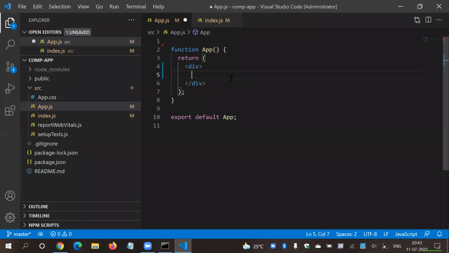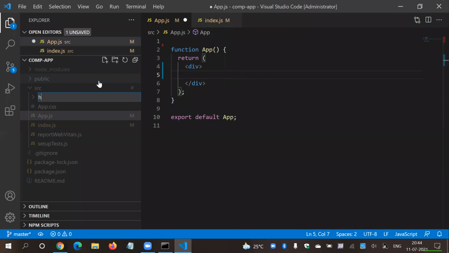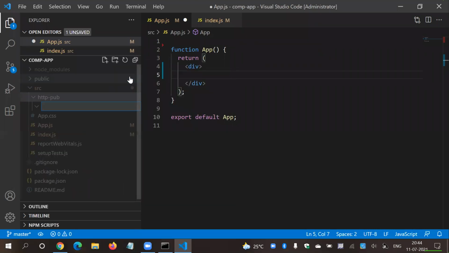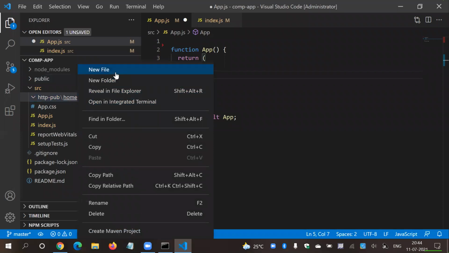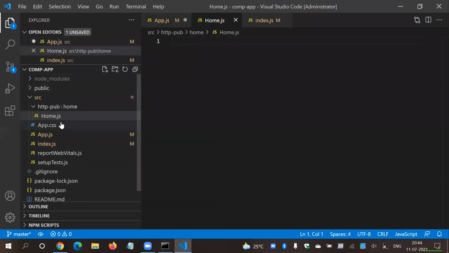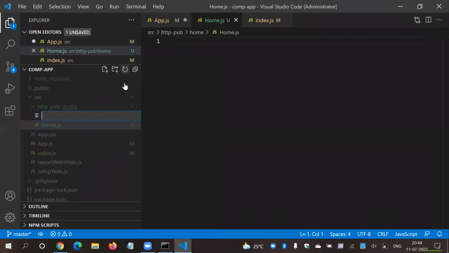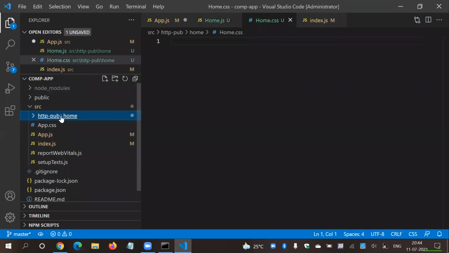parameter passing like this. So let's say I have one folder named pubs, and in that I have a separate folder for the home page, and in that home page I have one file named home.js, and also a separate file home.css for that page.